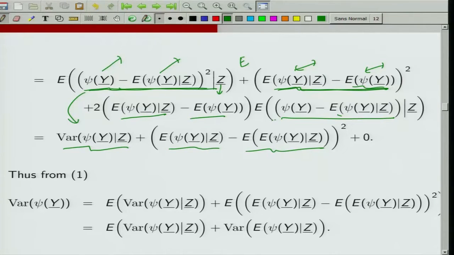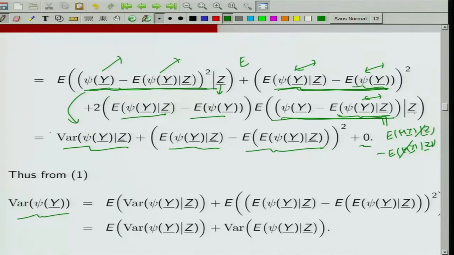Now, let us look at what this quantity is. Here for a given z, this is a fixed quantity and these are random variables. So, this will become expected value of psi y given z minus this constant quantity, which is the same as this quantity, expected value of psi y given z, because for a fixed z this is a fixed quantity; it would be a function of z, but when you are taking the expectation over here, z is fixed. So, this is a constant. So, this becomes exactly the same as this, they get cancelled and you get 0. So, thus from 1,